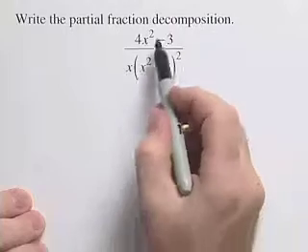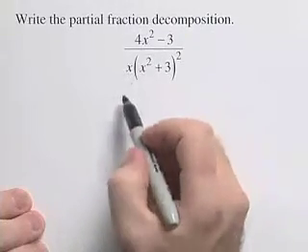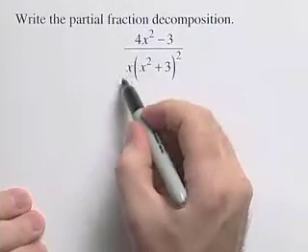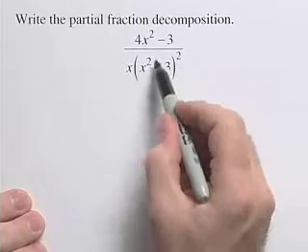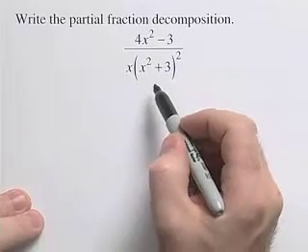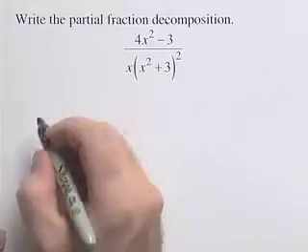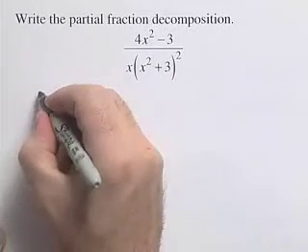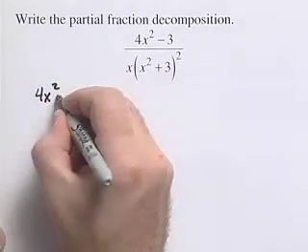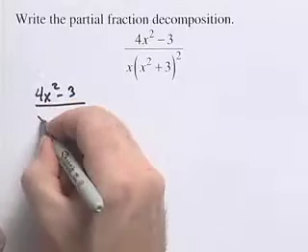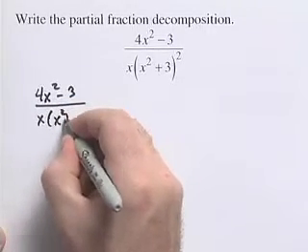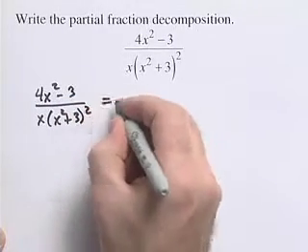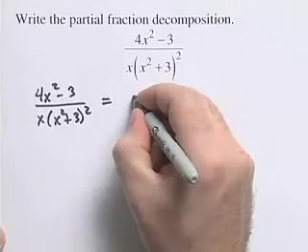For this problem, we're going to do another partial fraction decomposition. We look at our expression here, we see that the denominator has a linear factor and it has a repeated irreducible quadratic factor. It means that our partial fraction decomposition is going to take on this form. I'll write (4x² − 3) over x times (x² + 3) quantity squared. And if we decompose that, we're going to get